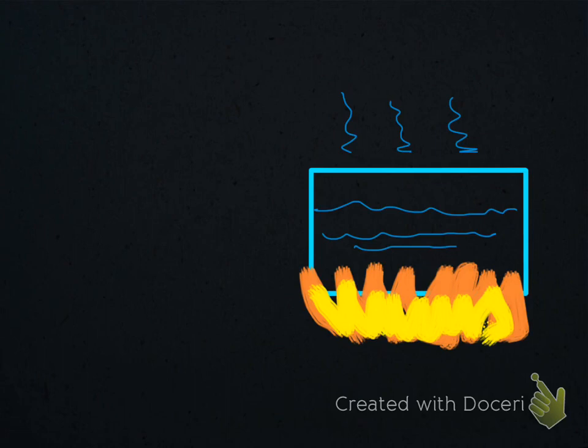The situation given in the question is basically this box provided to us which contains water, and the box is being heated. As you can see, these water vapors are produced. In this container the water is boiled, and the area of the bottom of the container is given to us,